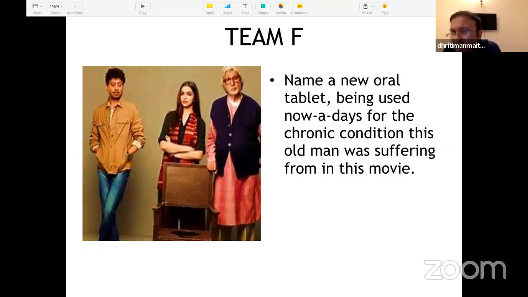Name a new oral tablet being used nowadays for the chronic condition the old man was suffering from in this movie. Tell me the condition and then tell me the drug that is being used. Oral tablet. I'm not looking for laxatives. I'm not looking for anything like fibers. Was suffering from constipation. Probiotics like